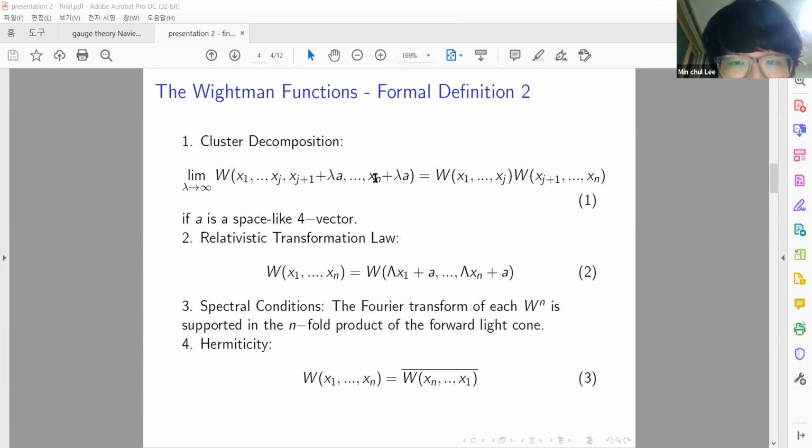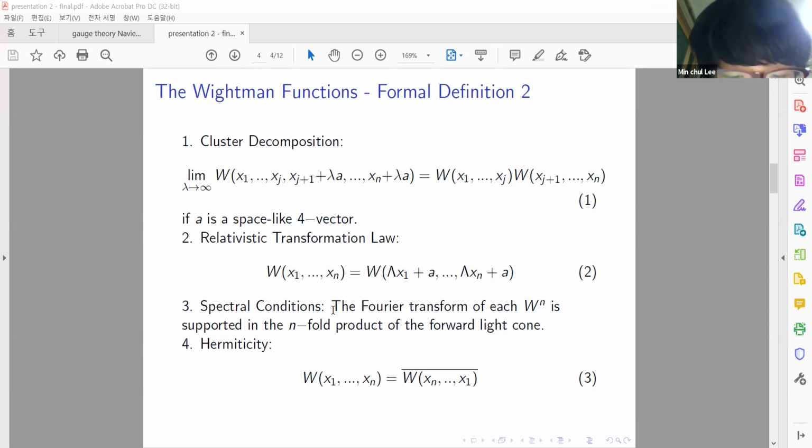as lambda goes to infinity, this Wightman function decouples in the sense of tempered distributions, meaning in the weak topology of tempered distributions. And the relativistic transformation law in the context of scalar field theory means that the Wightman functions are invariant under the restricted Poincare group. Also, I'm employing the informal language of distributions. So actually there must be test functions in each of these arguments. However, I'm just omitting this and treating the Wightman functions as ordinary functions, even if they are distributions.